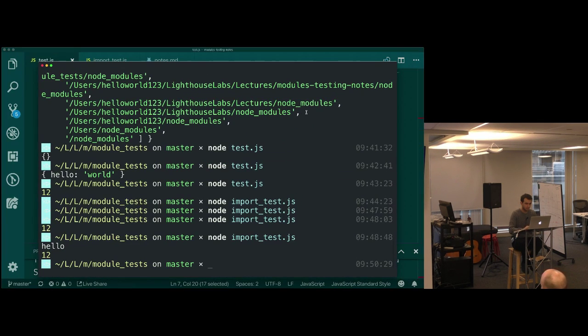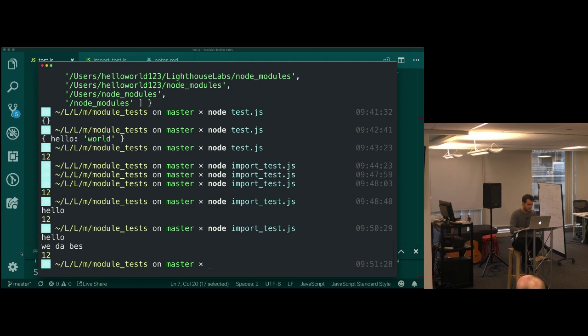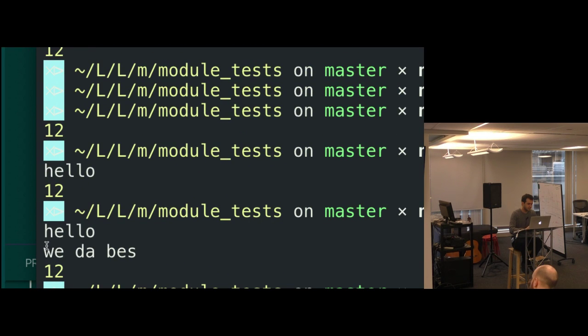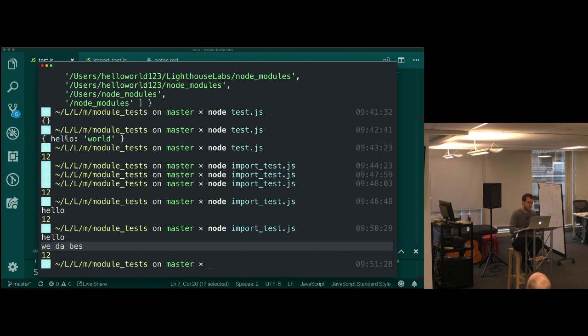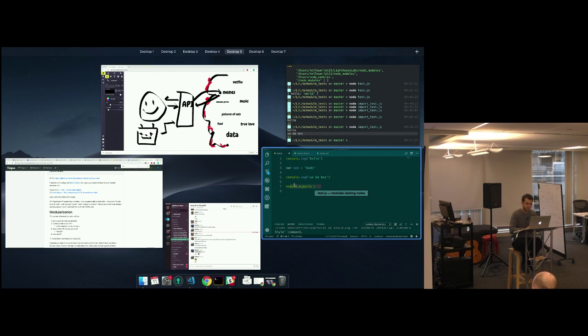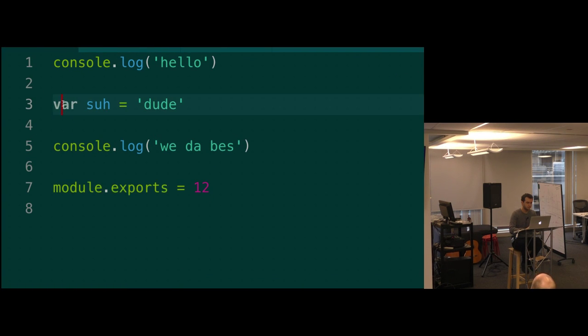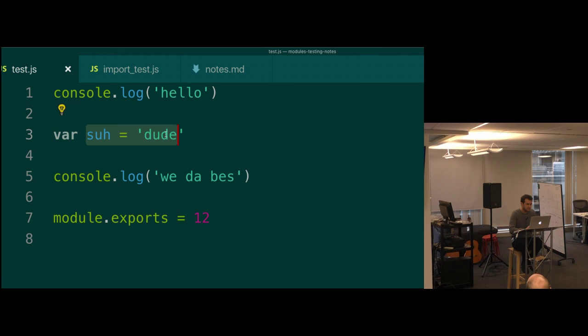So I go and I run this thing again. I see hello, I see W1D5, and I don't see the saw dude because I never console logged it. I never console logged it, but it did run, which means I could also put this in here instead. I could go module exports equals saw.